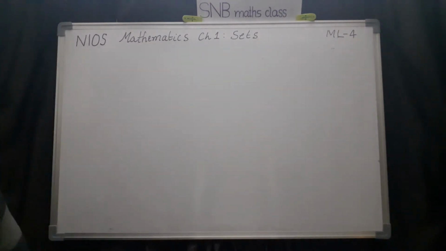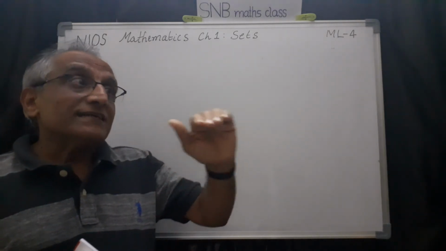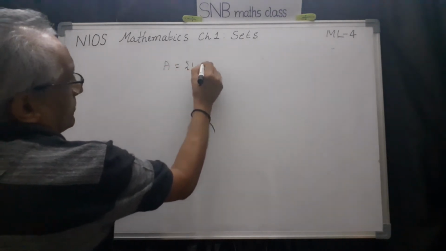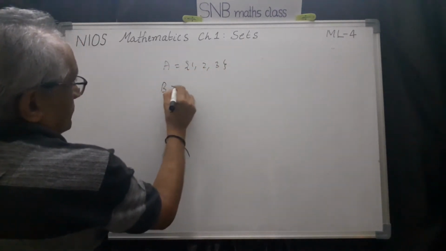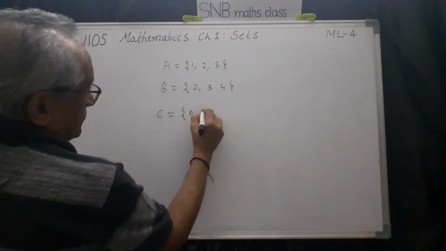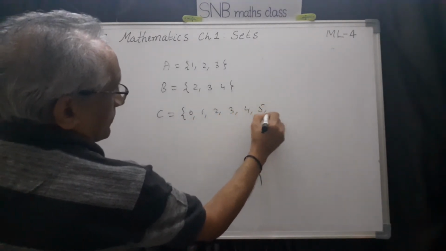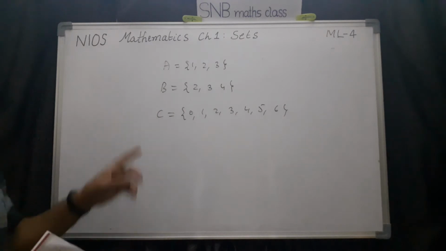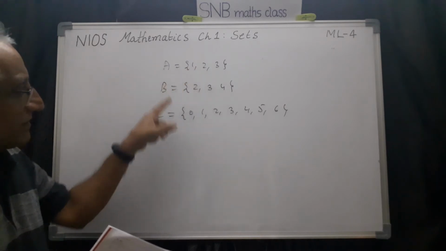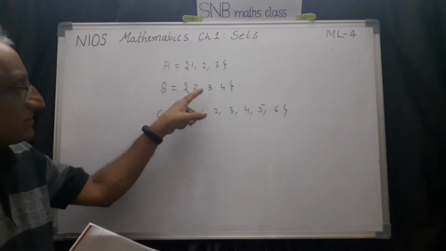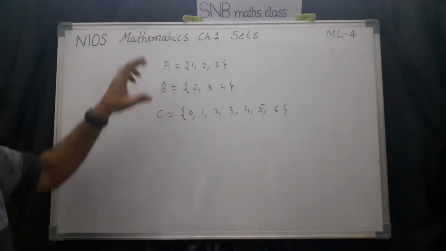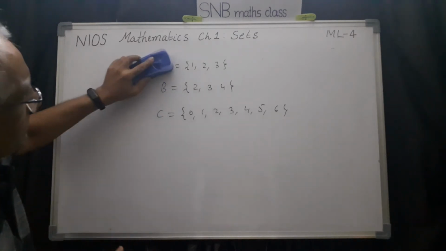Let us take one example. Sometimes you have to decide which set can be the universal set. For example, I can take A equal to {1, 2, 3}, B equal to {2, 3, 4}, and C equal to {0, 1, 2, 3, 4, 5, 6}. Among these three, which set can you take as universal set? Very simple, because C contains all the elements of A, 1, 2, 3. It also contains all the elements of B, 2, 3, 4. So definitely you can take this as the universal set. These two are the subsets. So this is the idea. Same way, you can give many examples.